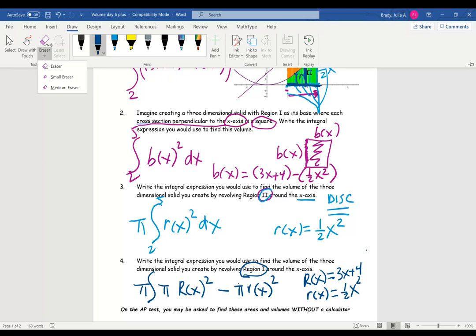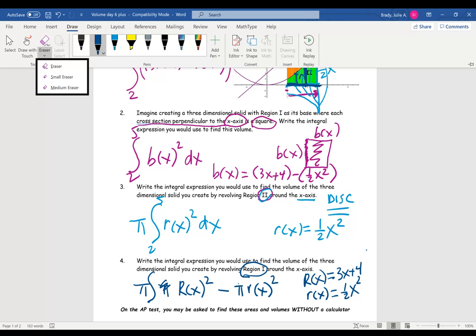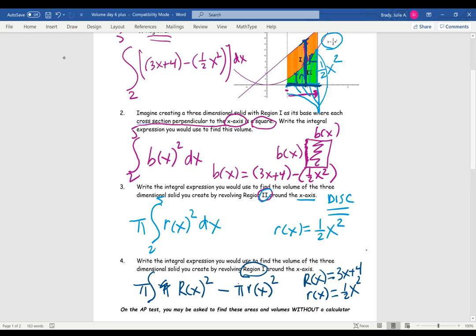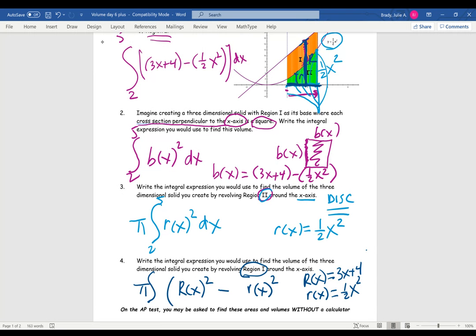Ooh, I'm going to grab my eraser. Oops, wrong, sorry. Let me grab my eraser. There we go. And this is our integrand. So we need a dx. And we're starting from, I think it was 2 to 5, right? 2 to 5. So the big idea that sometimes students get messed up on is you're squaring each radius separately